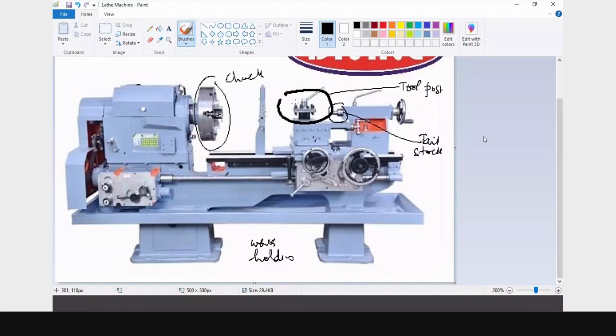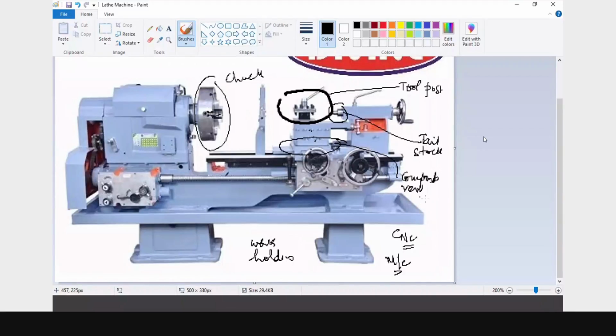Because the tool, whatever you are going to use in a CNC machine, will automatically take the inclination, everything based on the axis of the tool. So that is what they try to do with the tool posts in a CNC machine. But in a conventional machine, all the rotations are required. So here you are going to have the compound rest. The entire tool post is mounted on a compound rest, and a compound rest is only for rotation.